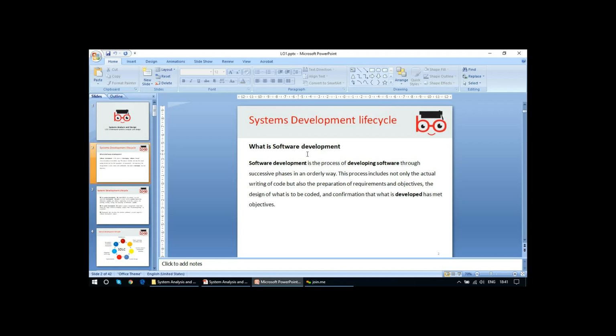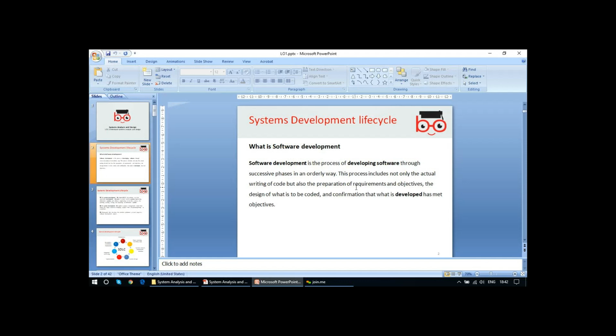So there is a definition: software development. Software development is the process of developing a software through successive plans in an orderly way. This process includes not only the actual writing of the code but also preparation of requirements and objectives. So, as I explained, it's not only the writing of the code and implementation, the everything, the development, but it comes through a certain process, and the objectives